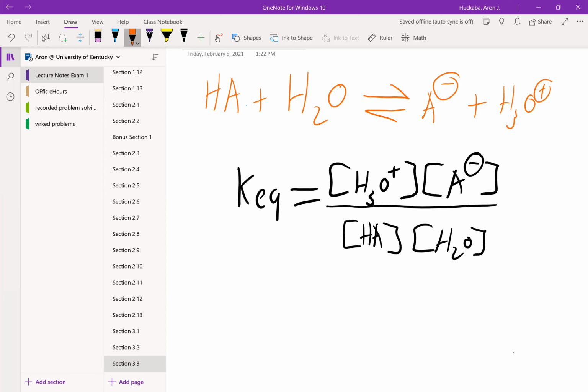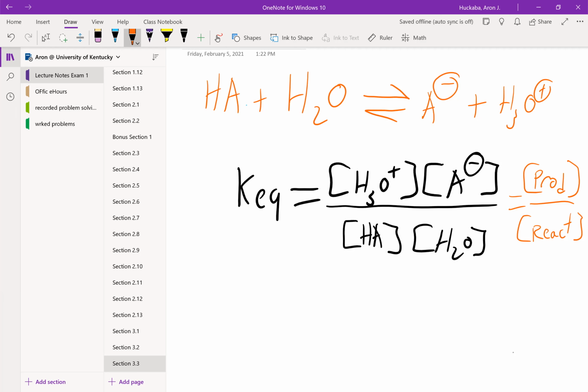And you might remember that broadly, this can be thought of as products, the concentration of the products over the concentration of the reactants. We're not going to go into solving these exactly right now, but what you need to know is that is the equilibrium equation for any reaction, any acid-base reaction. KEQ here is in general for any reaction,